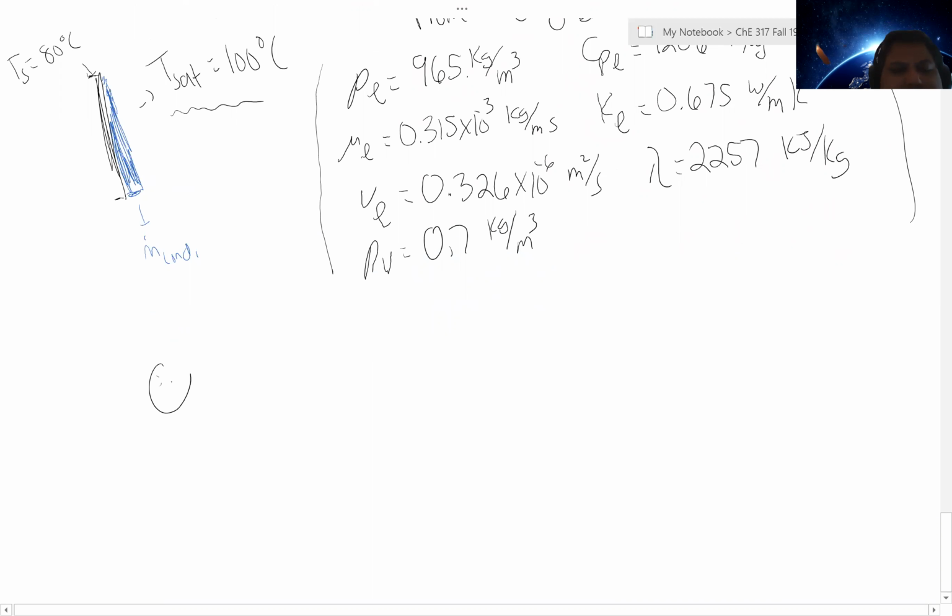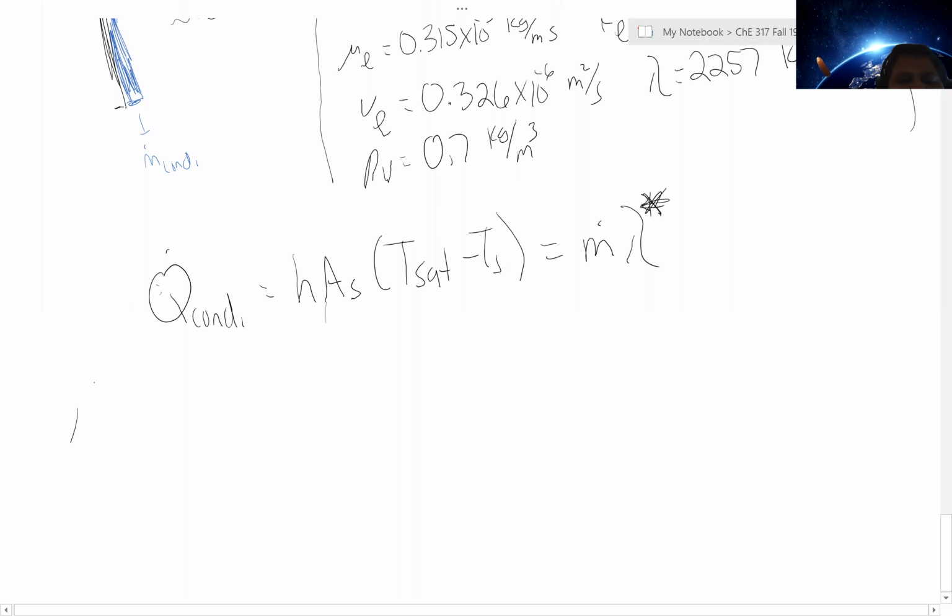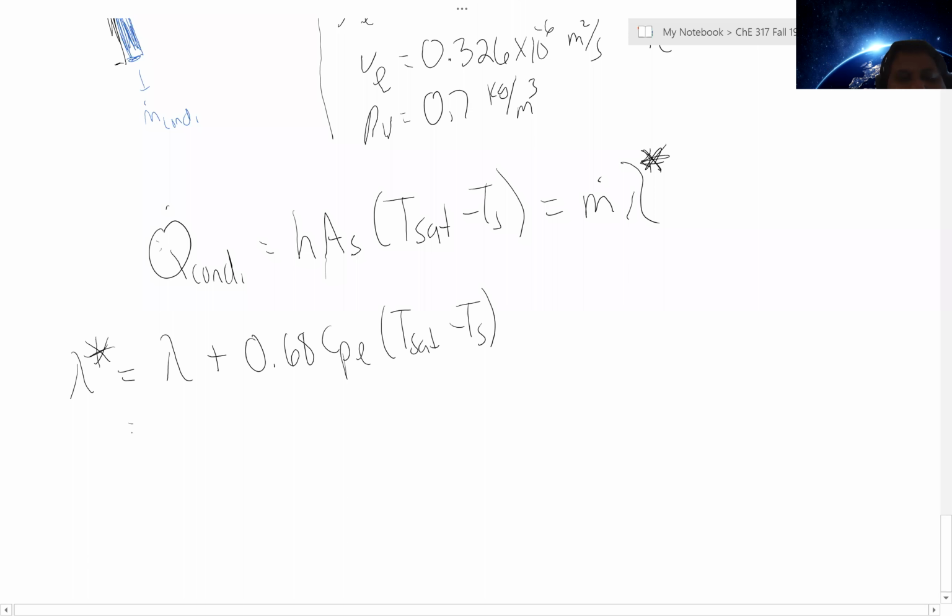So we know our condensation rate can be described by Newton's law of cooling, as well as by thermodynamics, which tells us that we have m lambda, but we're subcooling, so we really need m lambda star. So probably the first thing we can identify is our modified latent heat of vaporization, because it's a good way to get some points on things. So I can say lambda plus 0.68 times heat capacity of our liquid times Tsat minus Ts, which is equal to, as I stated,